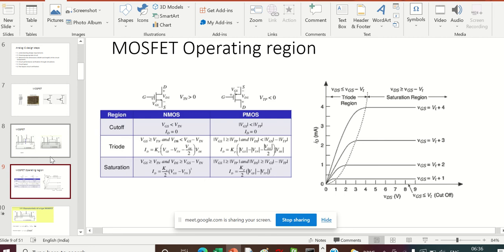We saw how a MOSFET will operate. We have seen the basic operating regions of a MOSFET. Now there is one more transistor type in MOSFET. We had seen NMOS. Similarly, there will be PMOS. Now PMOS also will operate exactly similar to that of an NMOS, but everything is changed in the opposite direction. So let us see what that is.